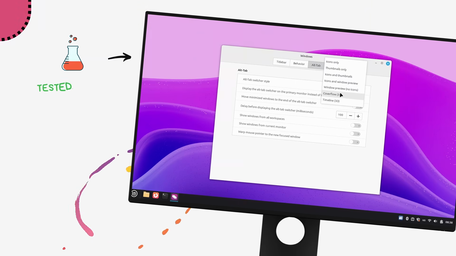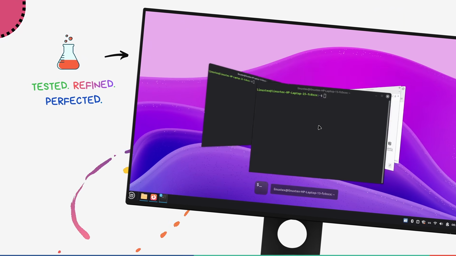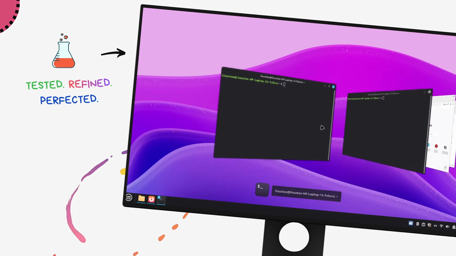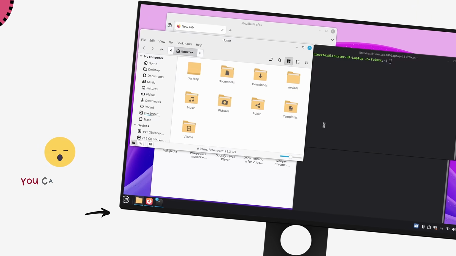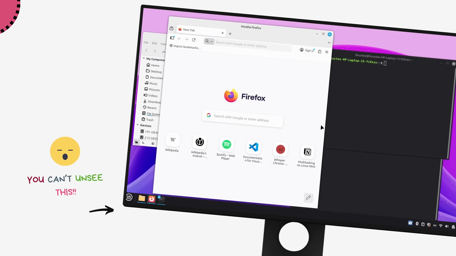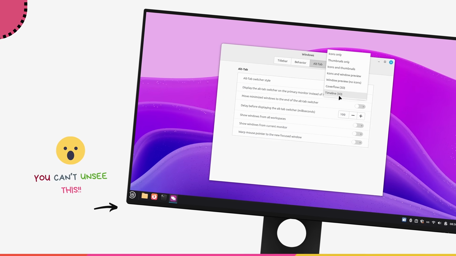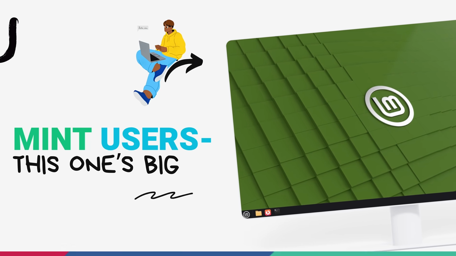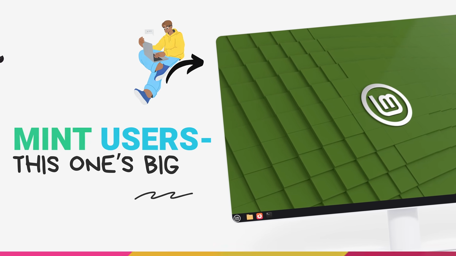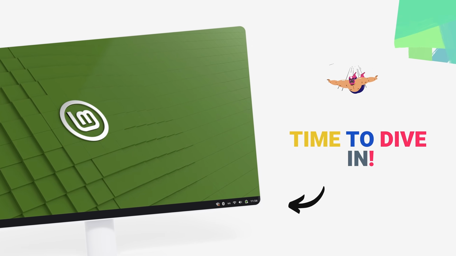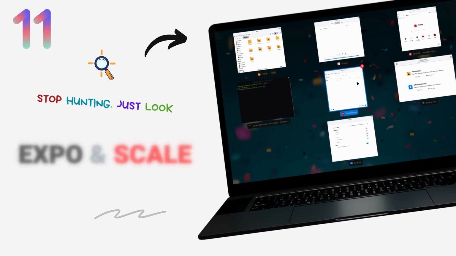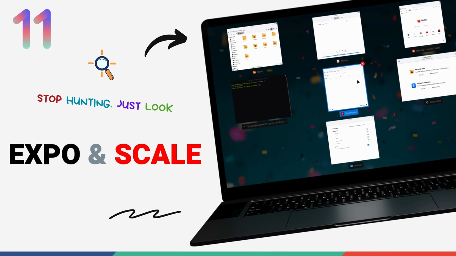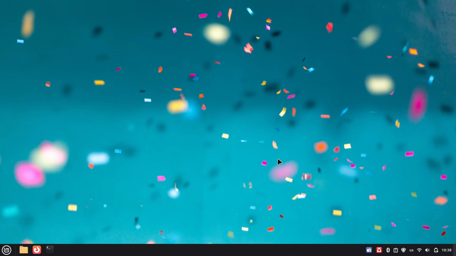I've been using Linux Mint as my main work machine for decades now, and I have distilled all my experience using this system into this video. So these 11 features are absolute game changers. You'll wonder how you ever lived without them. So whether you're new to Linux or you've been using it for years, this list is going to unlock a whole new level of productivity and multitasking for you. Let's jump right in. Starting this list off with the S tier multitasking feature, we have Expo and Scale at